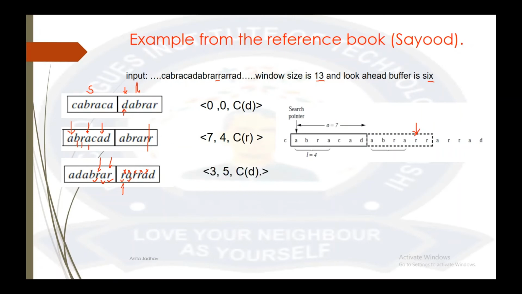Okay, so here my coding will be offset is 3, match is 1, 2, 3, 4, 5. So I will write 5. What follows that match? So you have up to B, and then you have D. So you will write the code word for D. Okay. So this is the way your encoding will happen. You will be sending these 3 triples to the decoder.